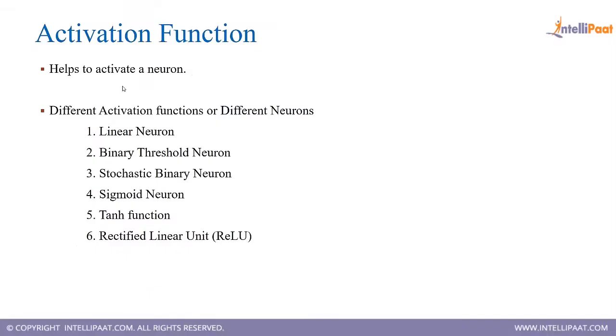So activation functions are very much helpful to activate a neuron, right? It will be very intuitive, activating a neuron either to be open or not, like that, right? Where we see various different neurons available